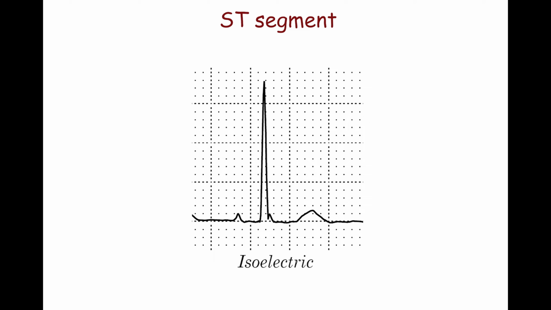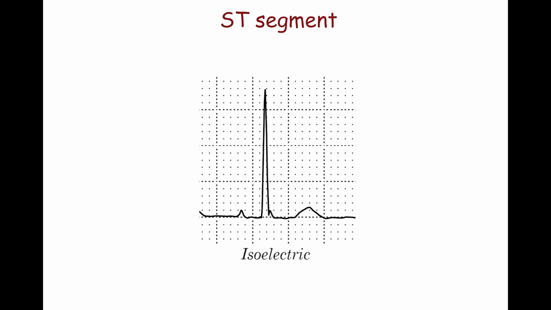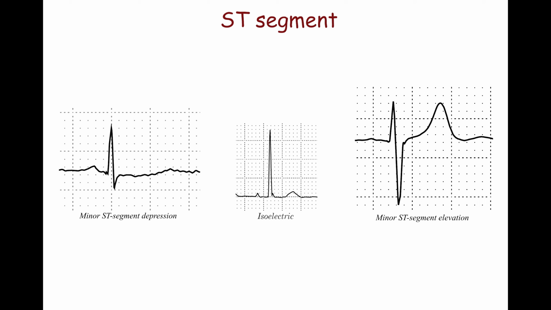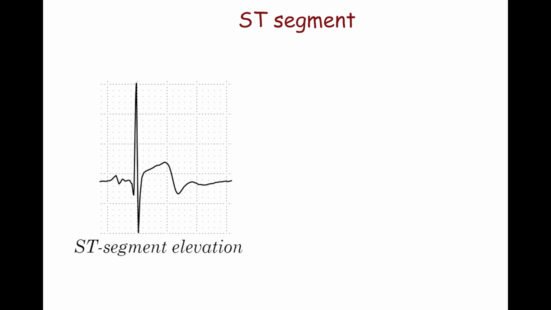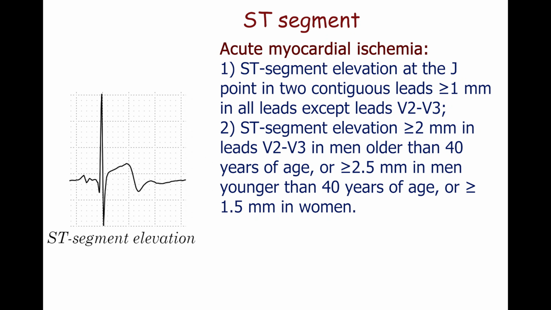Normally, the ST segment is isoelectric, at the level of the TP segment. However, slight elevation or depression may be seen in perfectly healthy individuals. According to the fourth universal definition of myocardial infarction, there are distinct features that suggest acute myocardial ischemia: ST segment elevation at the J point in two contiguous leads not less than 1 mm in all leads except leads V2, V3. ST segment elevation is considered pathological if it is not less than 2 mm in leads V2,